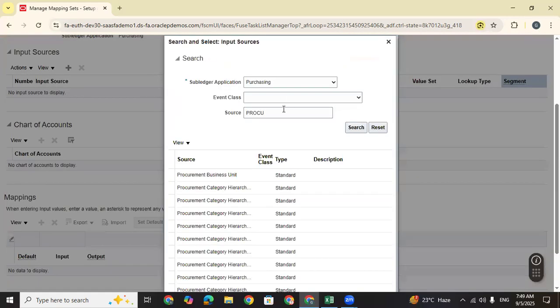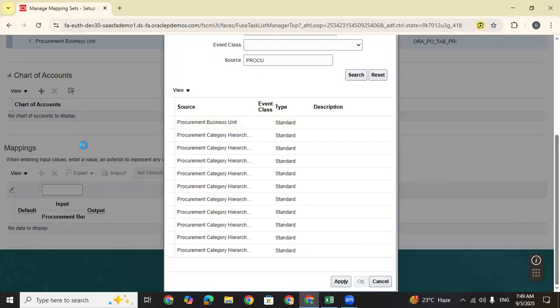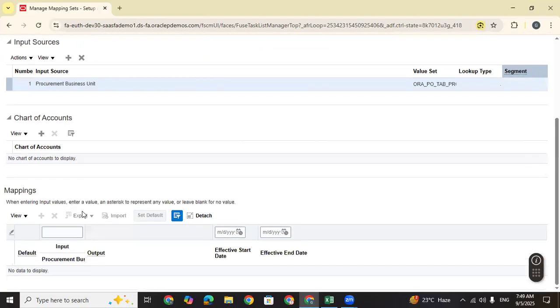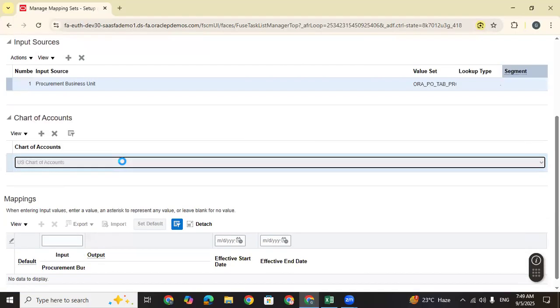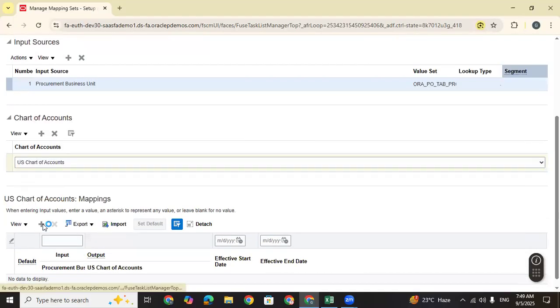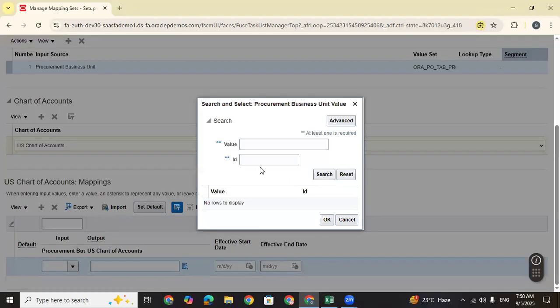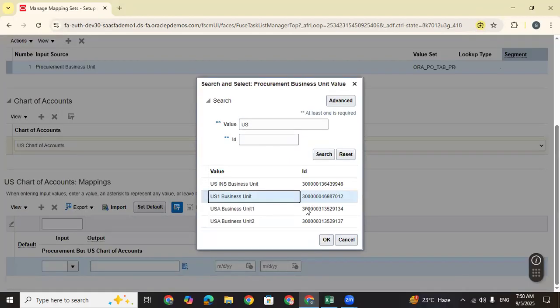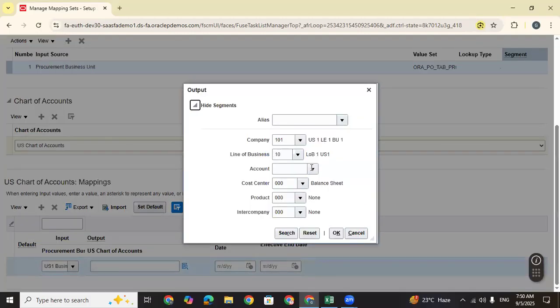Procurement BU is the same. So what is the chart of account? Procurement BU is equal to US1, and the chart of account I am taking as